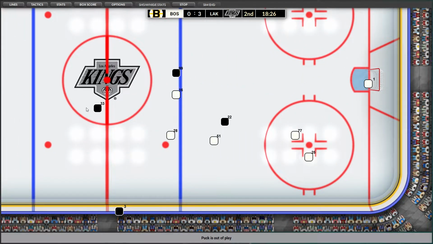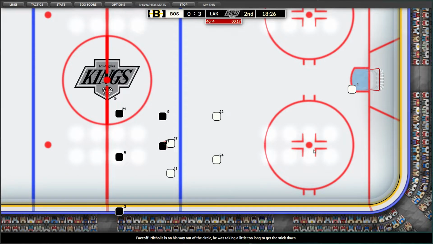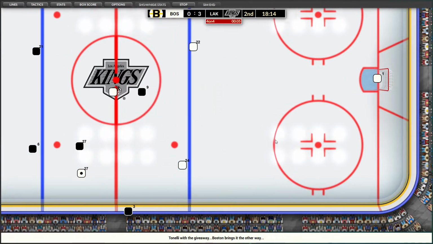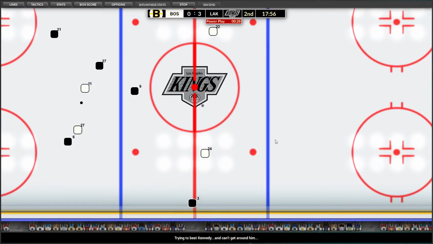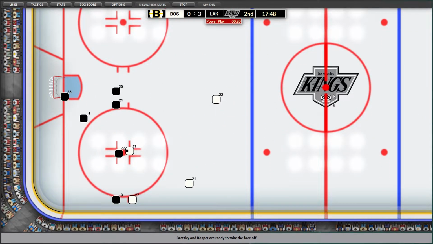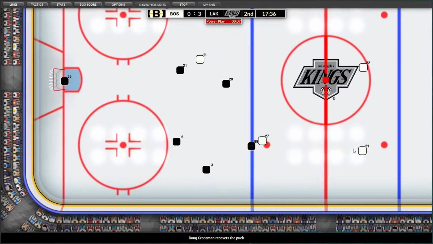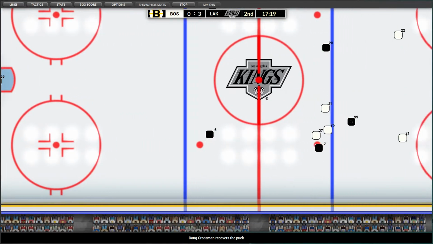Boston's head coach pacing behind the bench, yelling at a couple of his defensemen right now, not making any eye contact. As Boston sorely disappointed with the kind of game they're playing. You don't usually see this from that franchise. A sloppy game. And even though the Kings have lots of penalties, they certainly haven't been punished for it, as